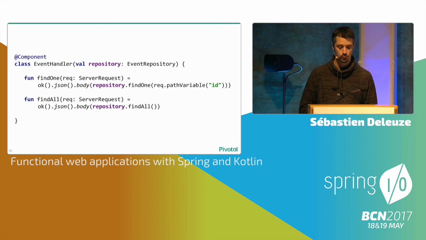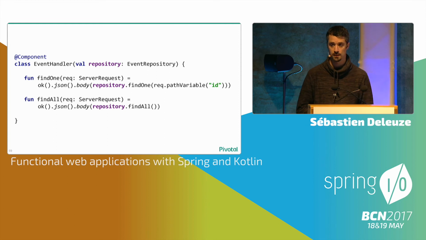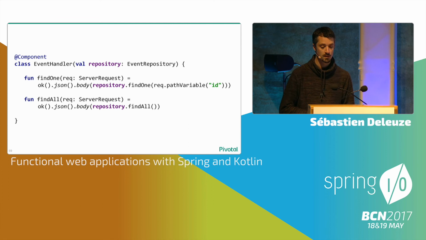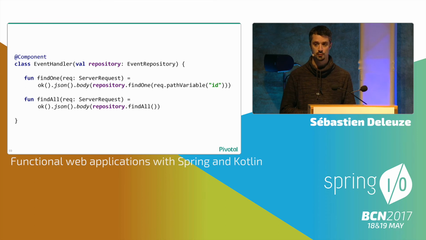Let's have a look at the handlers. So the handlers look like that. Here I'm injecting the repository. You could inject the service if you have a service layer in a more complex example. And you see that each handler method, each handler member function, takes a server request as input and will return a mono of response, but